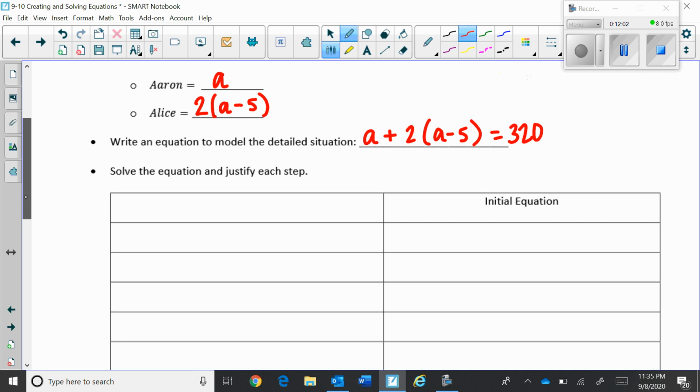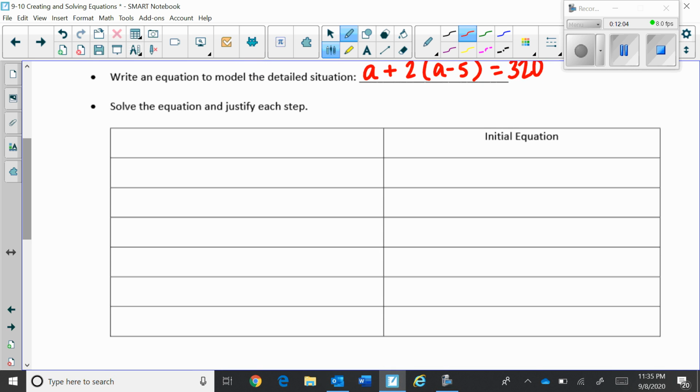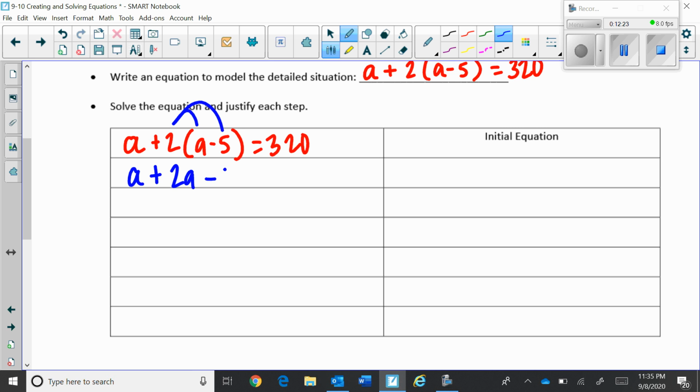All right, and then y'all see our little chart here. So we're going to go ahead and fill that out. Our initial equation is A plus 2 times (A minus 5) equals 320. All right, our first step is to distribute that 2. So we'd have A plus 2A minus 10 equals 320. So that's distribution